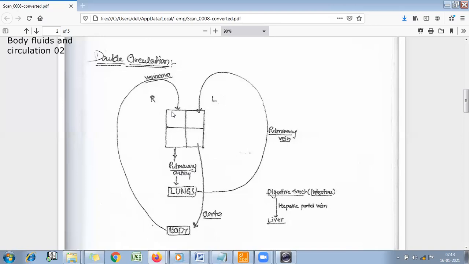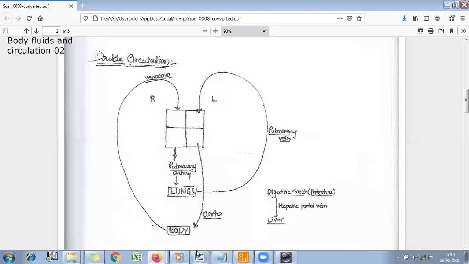The second main point we need to remember is that when the blood comes from the lungs, the blood will be oxygenated. So there are two main points. I will repeat it. First, when blood comes from the body, the blood will be deoxygenated, or impure, because all the oxygen is utilized in the tissues and cells of the body. And when the blood comes from the lungs, the blood will be oxygenated, or pure.